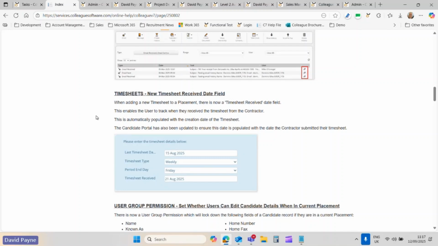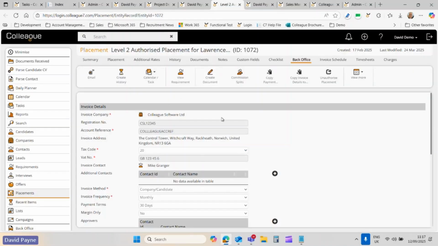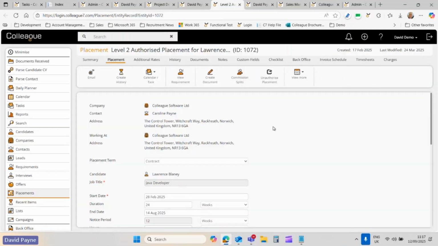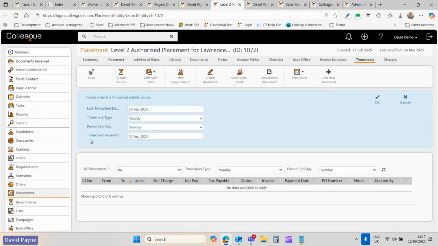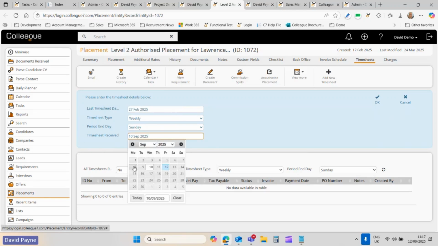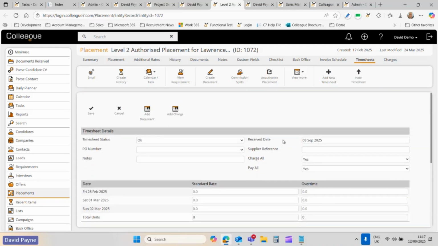Next one along is timesheets, or should I say the new timesheet received date field. So this is to accommodate the scenario of effectively you want to record when timesheets have been actually submitted to you as a business. So on the timesheets tab, again, it's add new timesheet now. You'll see this timesheet received date field that's been added there, and obviously that can be any date that you see fit. It might have been that you're adding this timesheet to the placement, but you receive this timesheet back on this date, and that way, then when obviously the timesheet is created, there's a tracking of the received